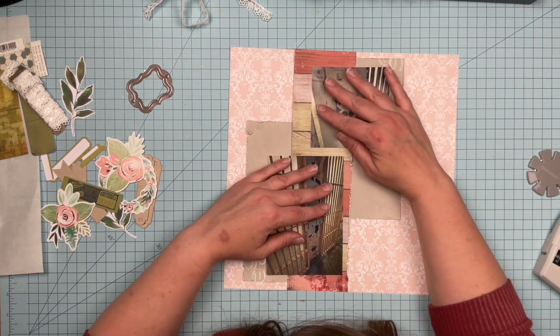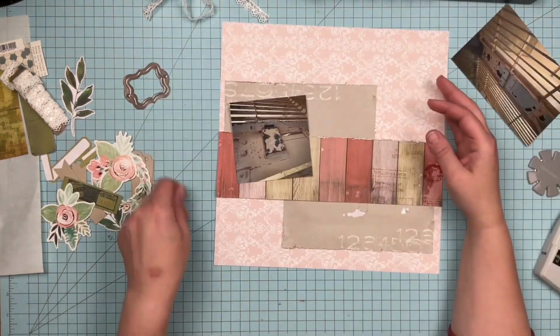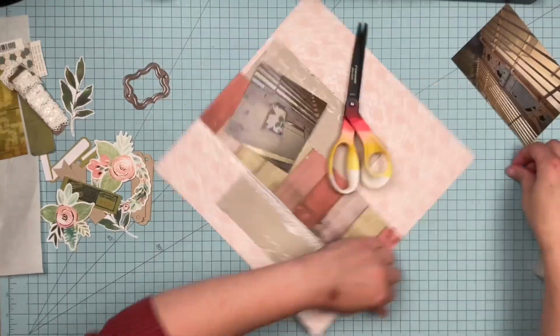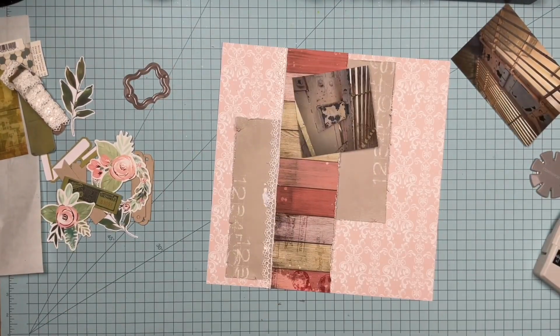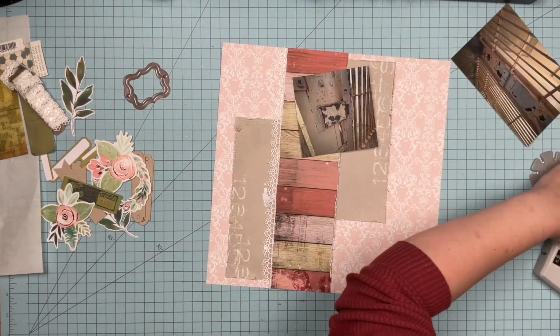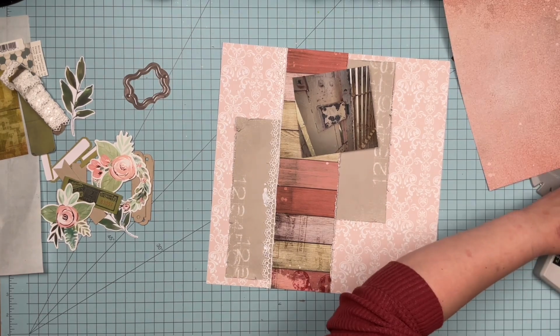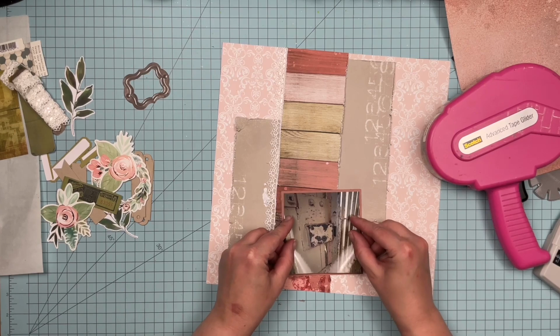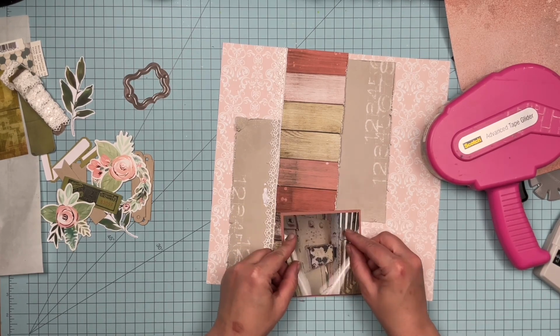And this one, that one up there, and then this bottom one actually gets trimmed because the paper that I'm using to mat it with was just ever so slightly smaller than the 4x6 photo. So I went ahead and trimmed that down just so it fit the paper. Now, if this photo was fabulous of something